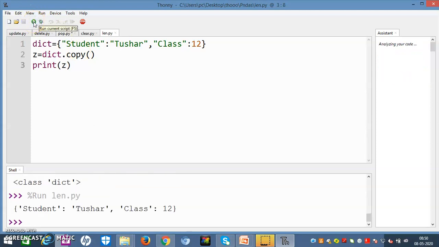Look, now the value of dict, means student Tushar, these two key value pairs, has been copied in Z. So friends, this is the method how we can copy one dictionary to another dictionary.